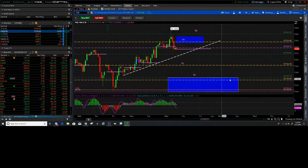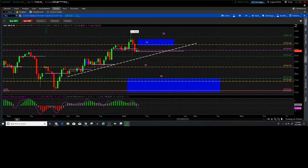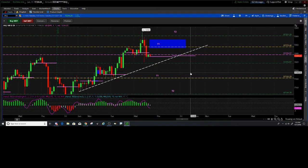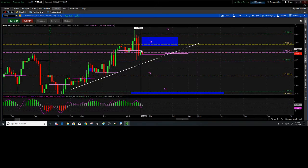Let's go over here to the NQ. Now, talking about the NQ, remember, if you're not a futures trader, I went ahead and put on some contracts for a hedge on the tech stocks. We have some Google, right? We'll get to Google here in a few minutes, but what I'm looking at there is if tech breaks down, and I didn't go big because I'm bullish. So I put a whole 3 contracts out there, I think at like 52 cents or something, so spent about 150 bucks. What I'm looking for is if we get the breakdown, and we break this white line here,